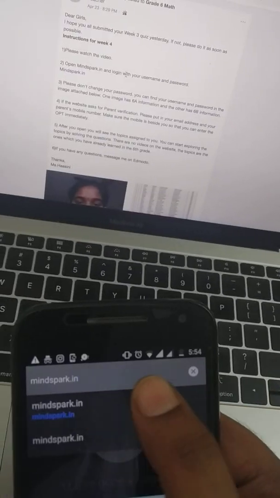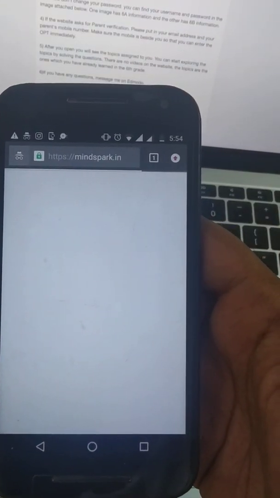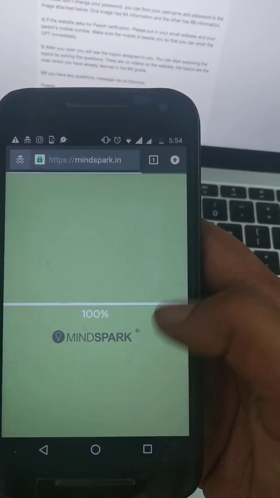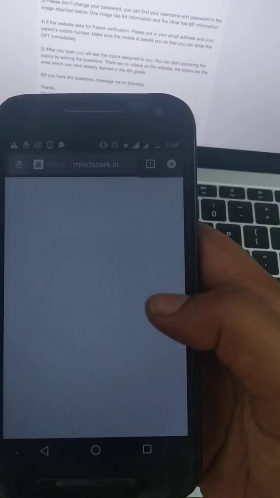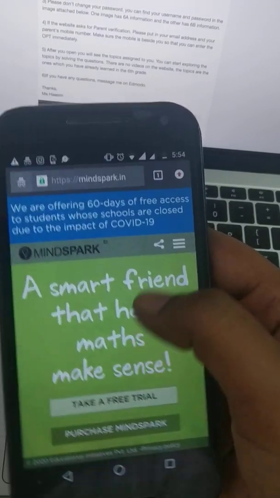You see that mindspark.in, and I'm going to go. I'm searching for mindspark.in and it's going to load for me. Once it loads, you will see this logo. If your network is slow, please wait for it. So once you open this, you will see this.